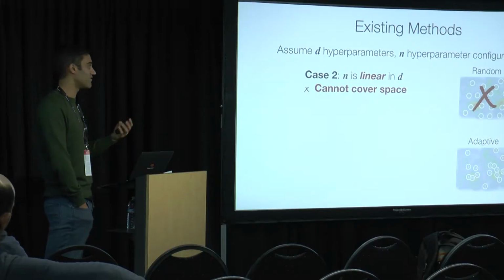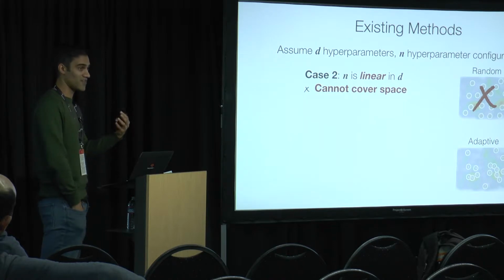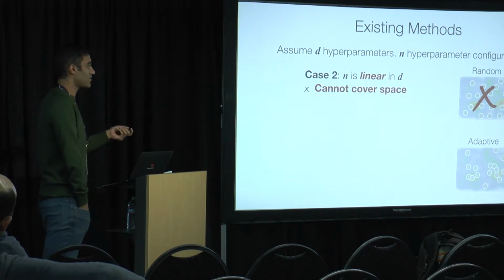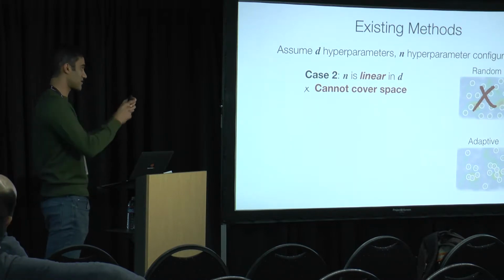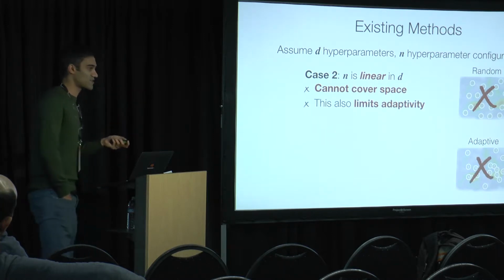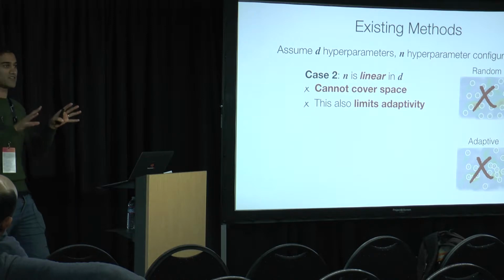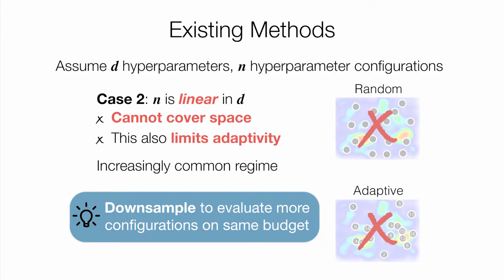Mathematically, there's this curse of dimensionality. The volume of the space grows much faster. It goes exponentially in the number of dimensions of that space. So we can't cover the space, which means that we need a lot of points before we can hope that every one of our points is close to, before we can cover the space. If we can't cover the space, that means we can't get a good sense of what different areas look like. It doesn't really make sense to be adaptive in the space either. So this adaptive method just doesn't really work either. And again, this really is the regime that we're in when we're looking at deep learning, just given the size of the search space and how expensive it is to train each model.